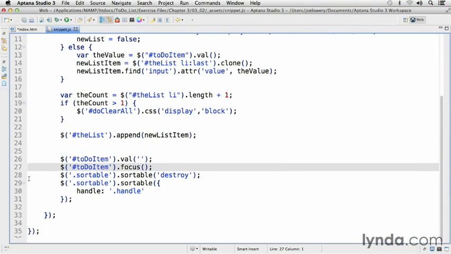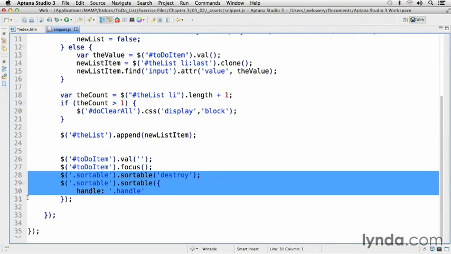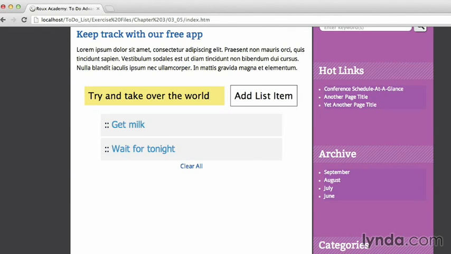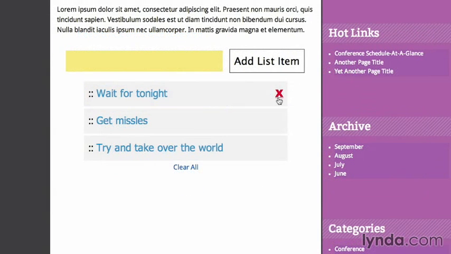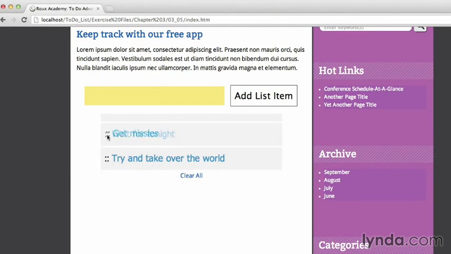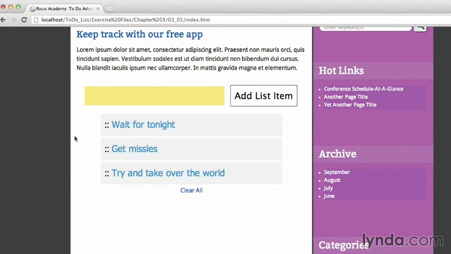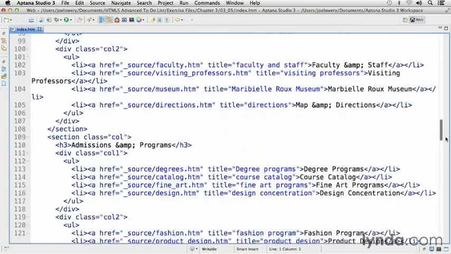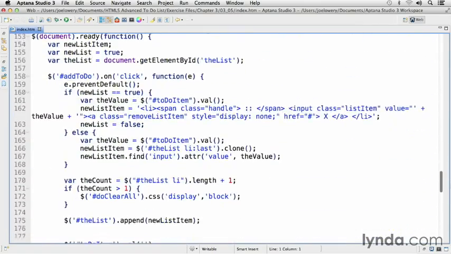Then, we'll tackle a much more enhanced version of a to-do list, with bells and whistles galore. Once we're done, your site visitors will be able to add, edit, and delete your list items with ease. They will even be able to sort them in a prioritized order just by dragging them into position. This app takes advantage of some pretty heavy-duty JavaScript, but don't worry, I'll explain how it all works from start